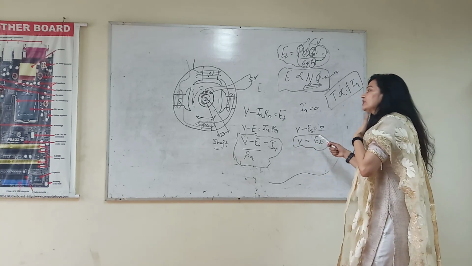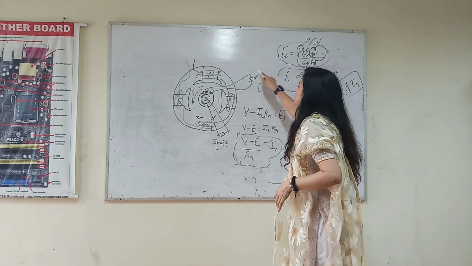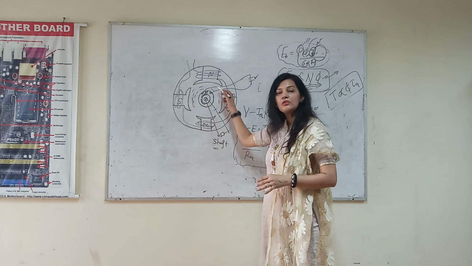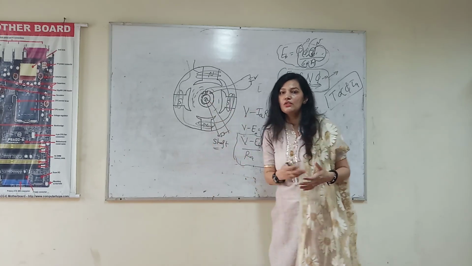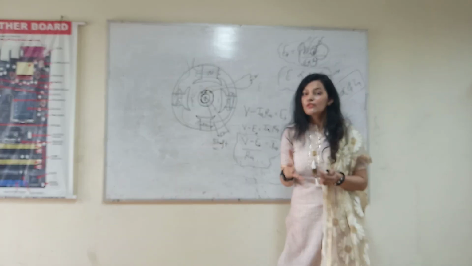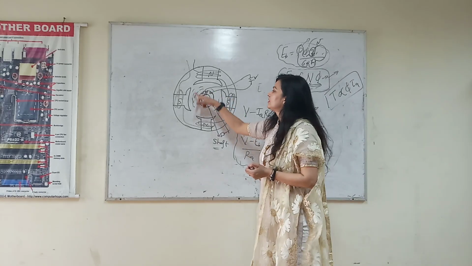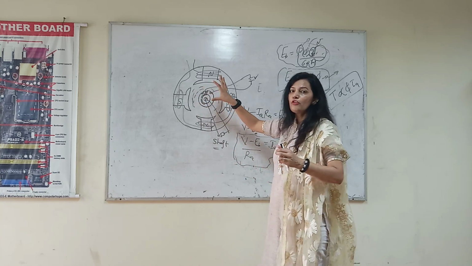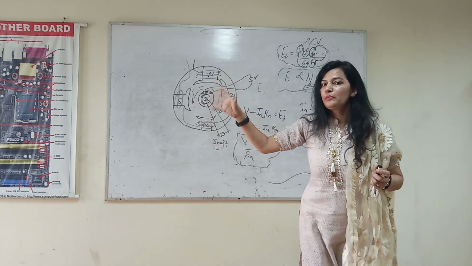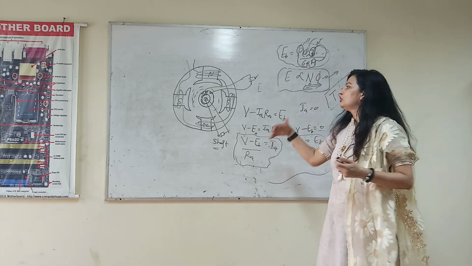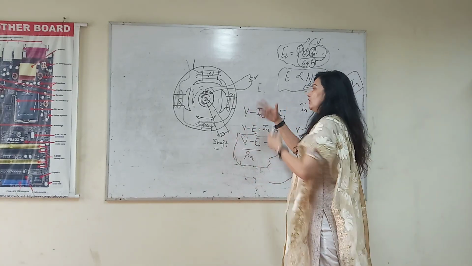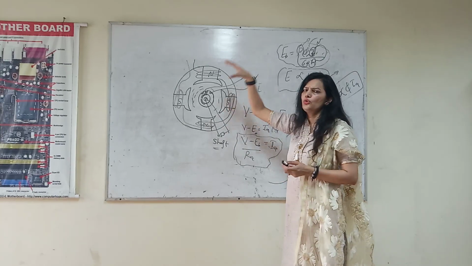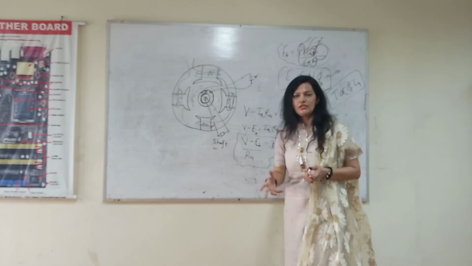In that case, your applied voltage will be sufficient to overcome the frictional losses inside the machine and the windage losses. What are the windage losses? Windage losses are the losses due to the air gap. Due to the air gap में जो losses होते हैं, because it is a rotating part, so वहाँ पे friction भी होगा, और बीच में air gap भी होता है, तो उन losses को overcome करने के लिए V will be sufficient. If load is not connected, this V will be sufficient to overcome the frictional or windage losses.